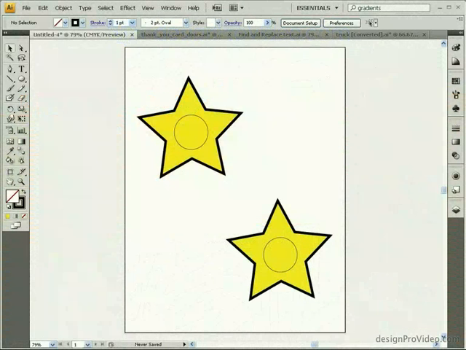Illustrator provides a couple different ways to punch a hole through a filled object. The trick to getting this to work is to create two objects, one that overlaps the other. The first way to do this is to select both objects